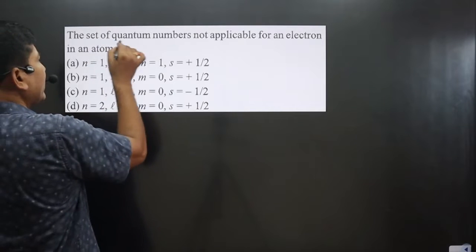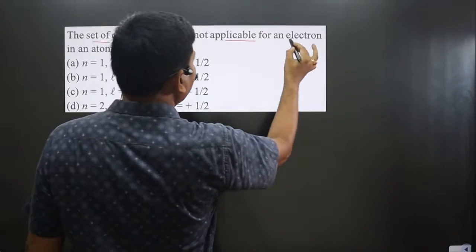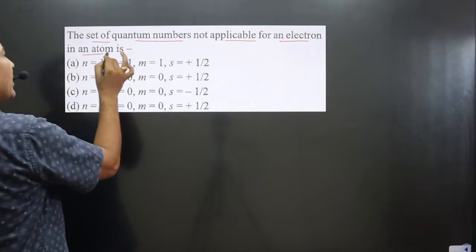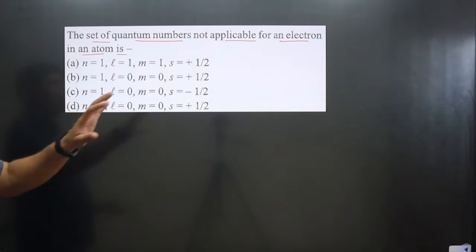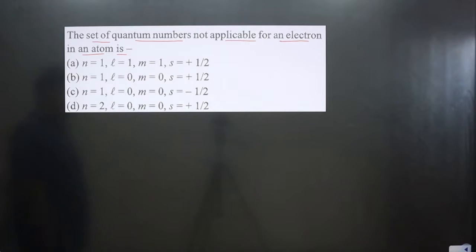The question says the set of quantum numbers not applicable for an electron in an atom. Okay, which set of quantum numbers is not possible for an electron in an atom? So always keep in mind